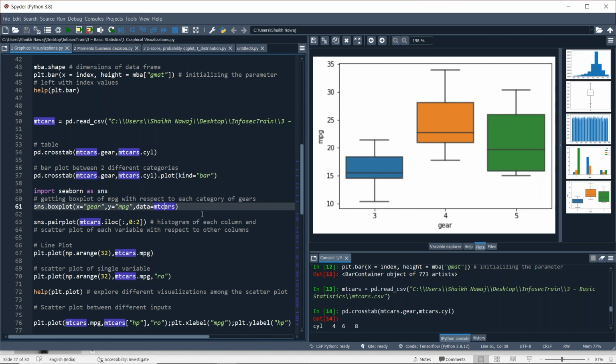60 to 80% of the time, data scientists are just watching the plots, manipulating the data, doing pre-processing, or performing statistical analysis on the data. So statistics is very much important in data science. Even some statisticians and researchers say that data science is a renamed version of statistics.